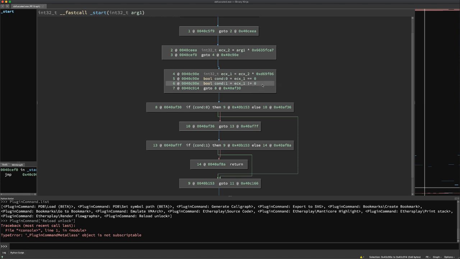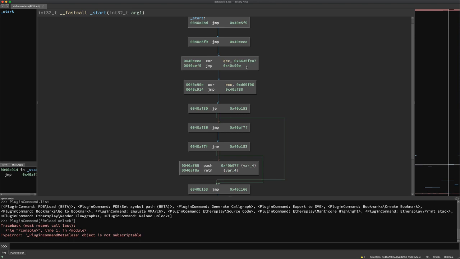I wonder if we could check to see if this basic block has two conditions that are opposite each other, and then jumps to there. So we start in this basic block, and